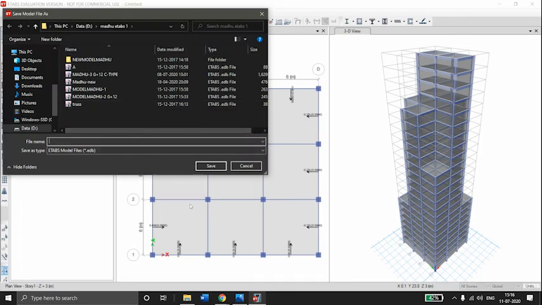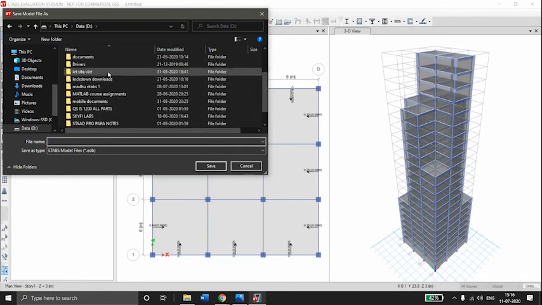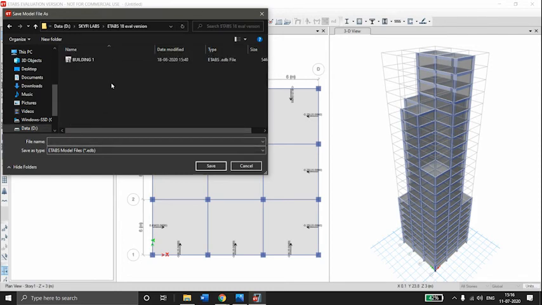First we have to save the model. So we will save the model as tall building design.